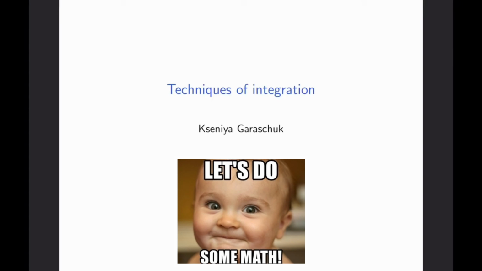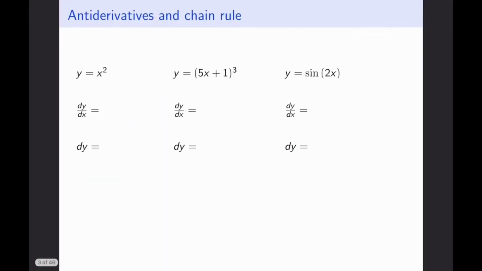In Chapter 10, we embark on the process of techniques of integration. We will learn a few very useful techniques. The first one we're going to start with is basically anti-chain rule. Every integration technique is somehow grounded in the corresponding differentiation technique, but the backward process is usually a little bit